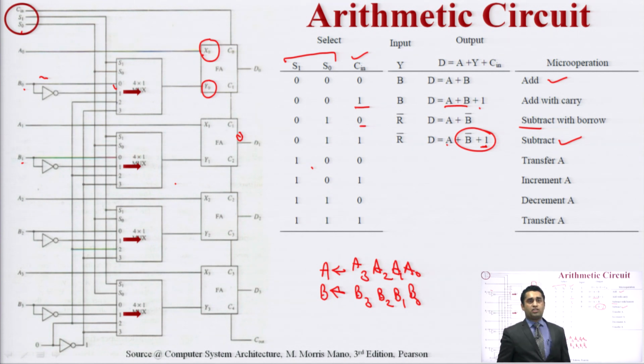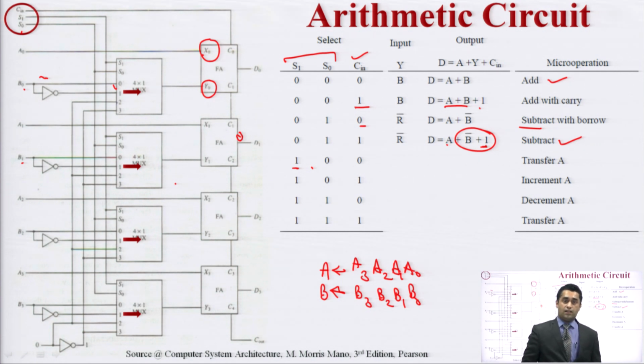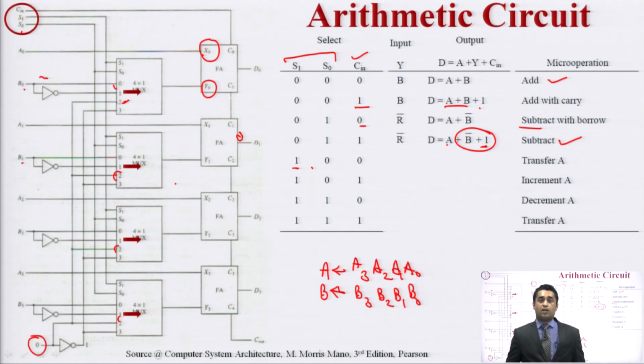Next micro operation is when we are changing the selection line. Now the selection line 1 is 1 and selection line 0 is 0, carry in is 0. What is happening in this case? In this case we are using the third combination of mux. In the third combination of mux, what is the input? See here, second part, and all these lines are coming from this 0. What is the meaning of this 0? We are taking the first number A and another number is going 0.